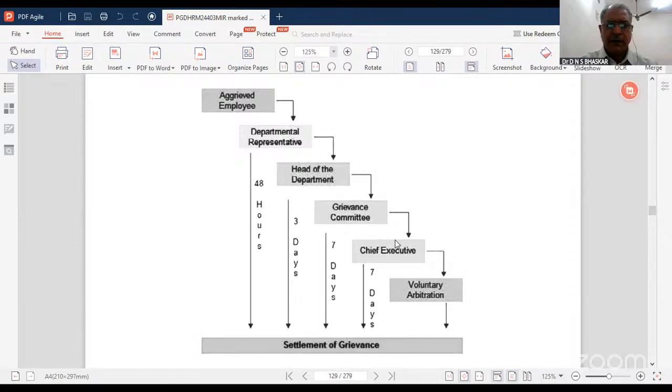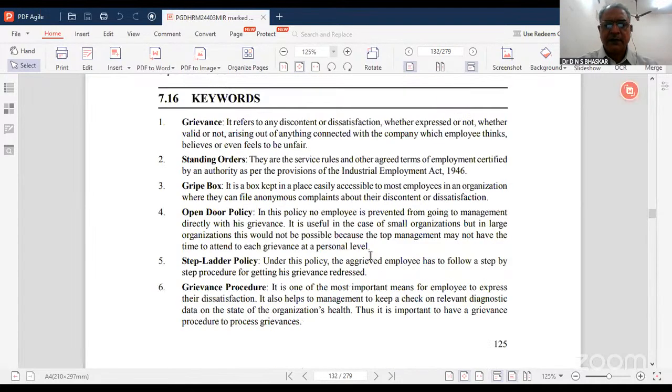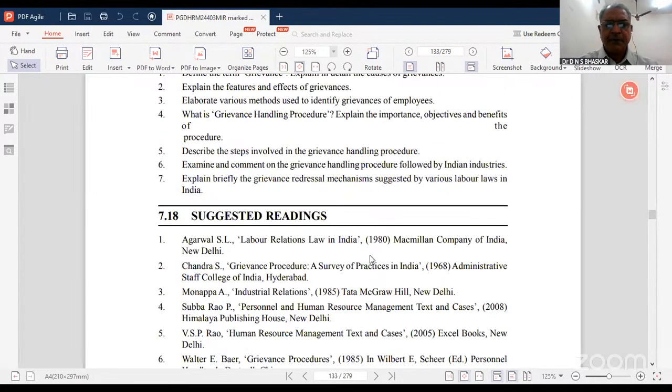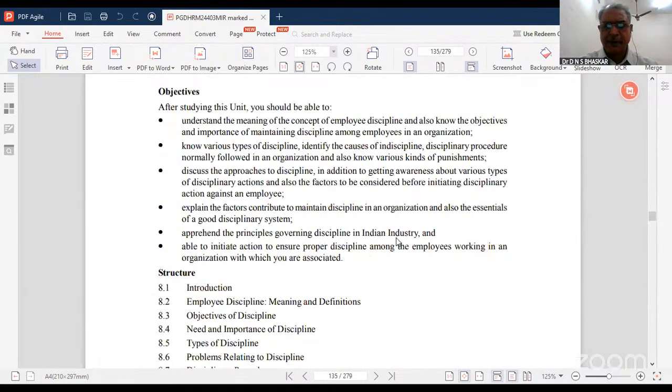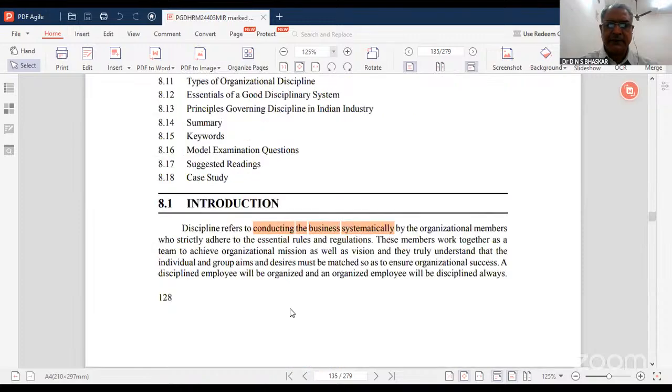Next we need to understand the grievance redressal mechanisms, which were done in the previous stuff. Now let us go to a concept considered very, very important and essential, that is employee discipline. When we are talking about employee discipline, what is the meaning of discipline and how will it be